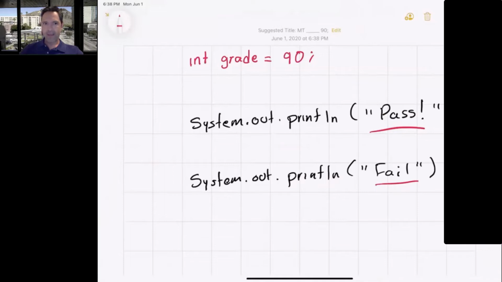Can we agree that what we need here is an if statement? Right? Because somehow I want to control whether or not this instruction is going to be printed. Moreover, I want to print one or the other. I want to define two paths for the program. So what about